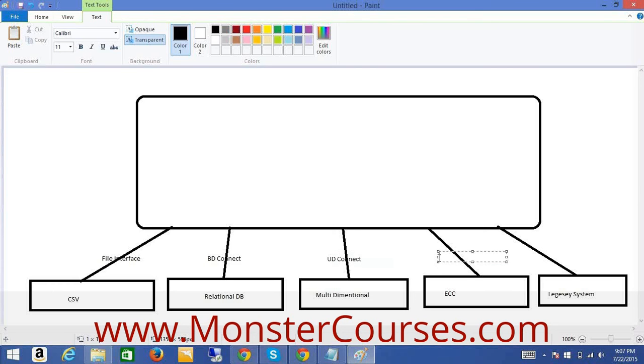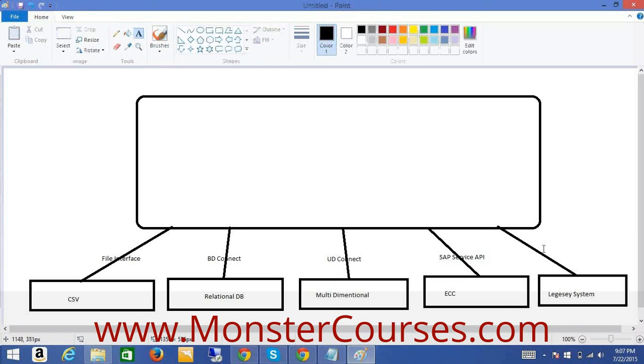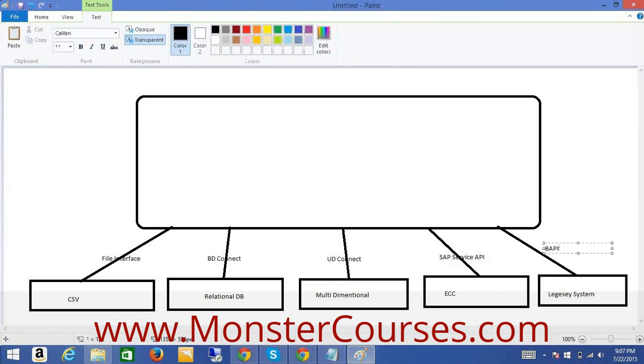For SAP systems, service APIs. For legacy systems, BAPI. NetWeaver 2004 is a complete integration package of your BW system with other systems. Before NetWeaver,